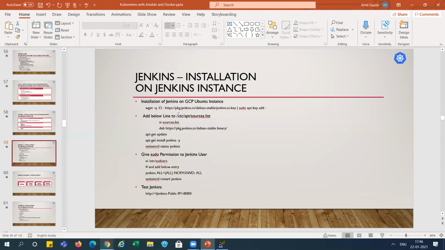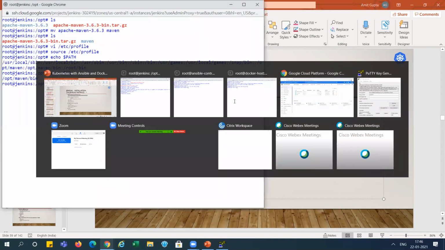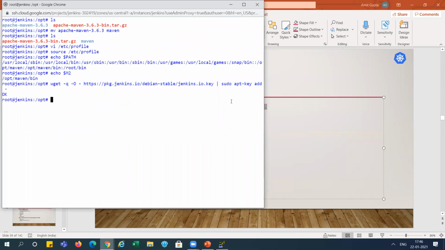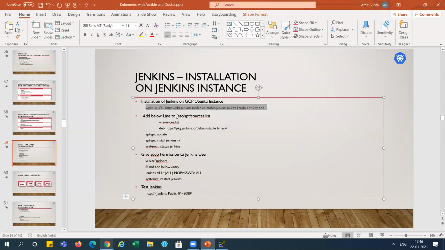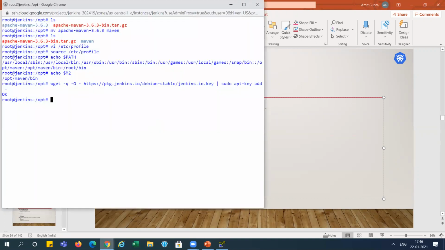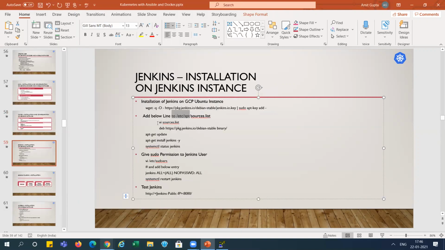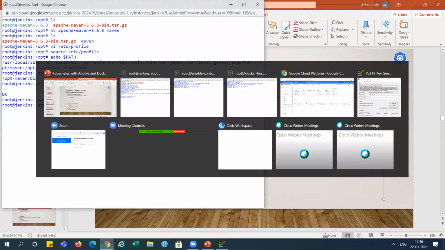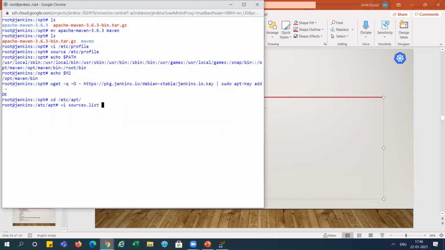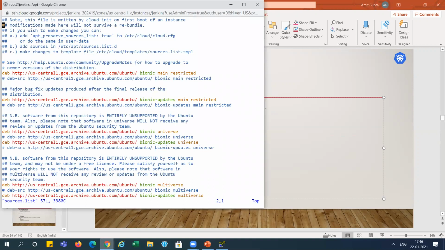Now we need to install Jenkins. So first we need to add the repository, and after that we need to go over here to the etc and apt folder, and we need to open the sources list file, and we need to add something.